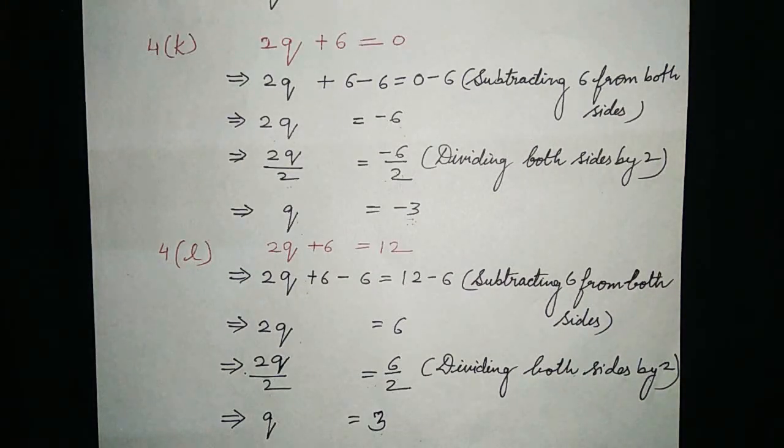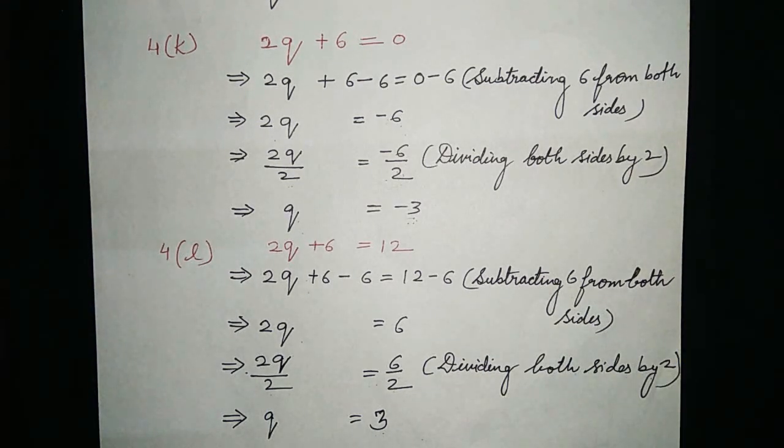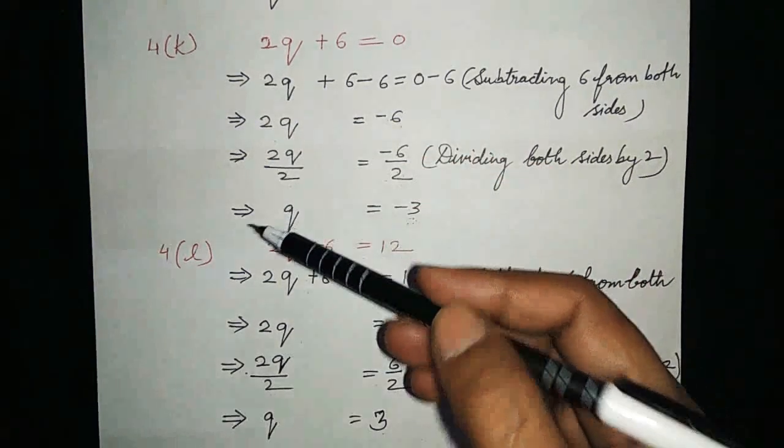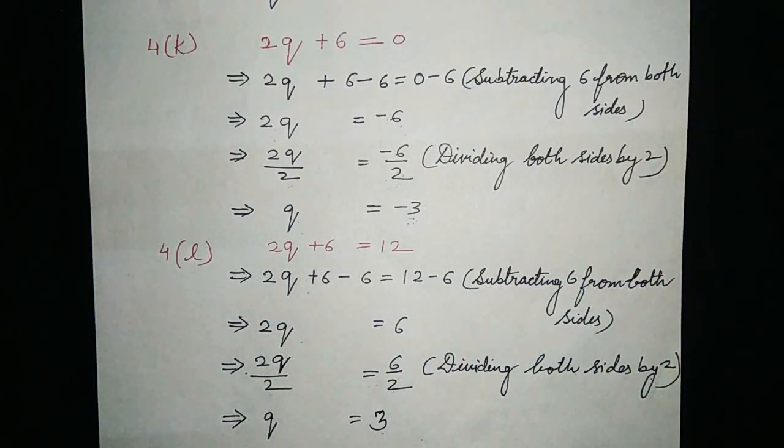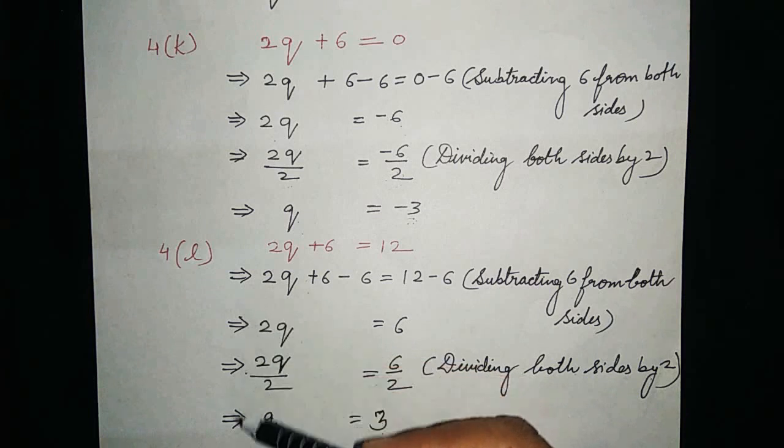Children, this exercise is over now. Some points you will keep in your mind when you solve the exercises of simple equations. First thing which you have to follow is that you will write the reason of steps in the bracket, as the instruction has been given in the questions. And second thing, before every step of the solutions, you have to use the imply sign. You will not use the equal sign there.